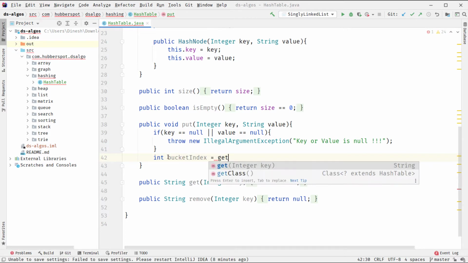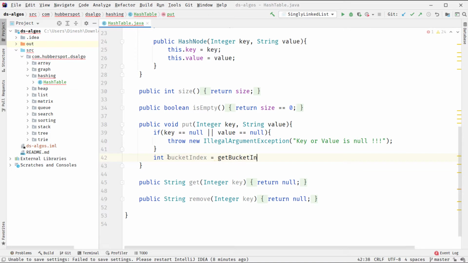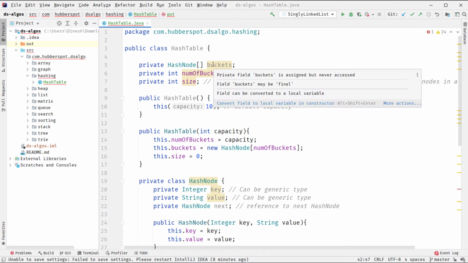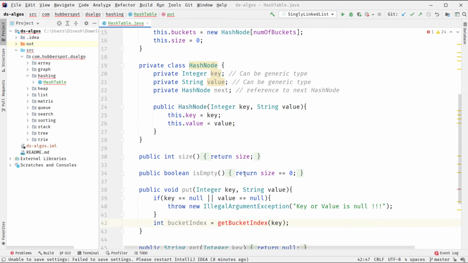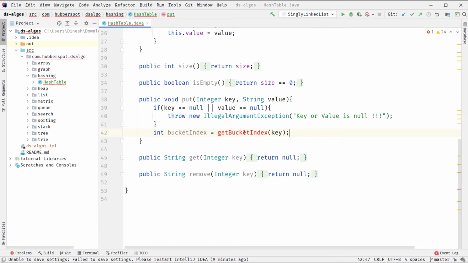So we will call our hash function whose name is getBucketIndex, and we pass our key to it because this key can be a very huge key, and in order to accommodate a huge key in a small size array, we need a hash function which takes in the key and returns a smaller index value